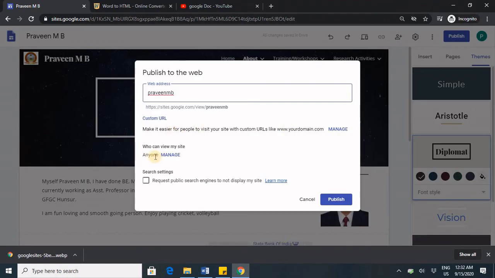But as of now, anyone can access it for me. And whether you want to make this site visible in the search engine or not, Google search engine or Yahoo search engine. So I don't want to block it in the search engine. It should be visible in the search engine as well. So I'm just keeping like this. So this would be my complete address through which I'll be able to access my site.